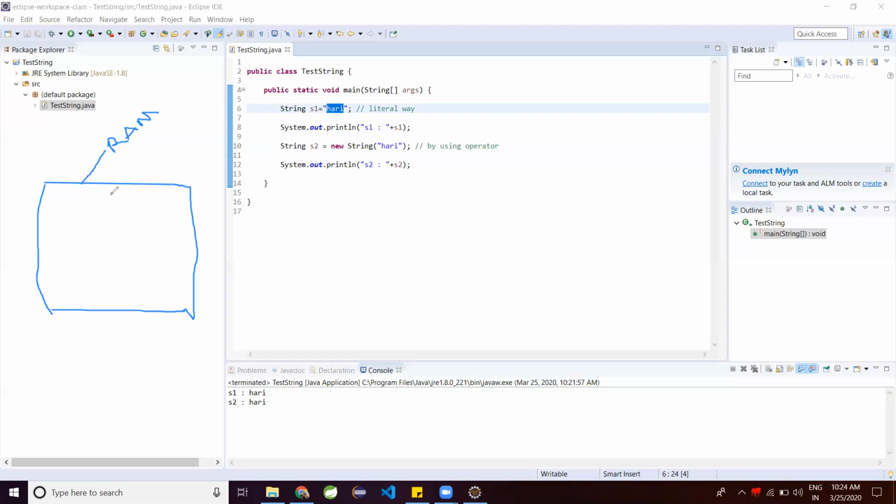ఓకే, ఇందులో ఈ ర్యామ్ లో ఏమవుతుందంటే, we have already seen in the RAM there are different memories: heap area, stack area, PC program counter, registers, and all these areas. Assume that there is a heap area. అంటే RAM లో ఒక part లో heap area ఉందనుకున్నాం. This is a heap area. So whenever we create an object,